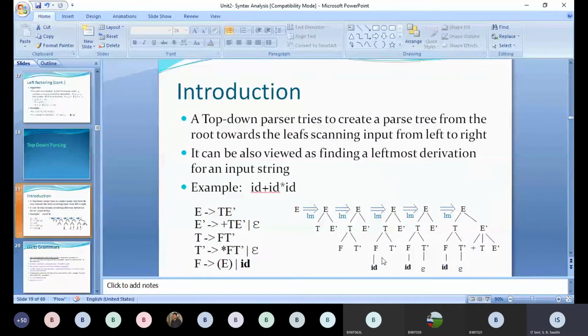Suppose you are reading ID. ID will be our current symbol. Then what is the look-ahead of that? The look-ahead will be plus, the next symbol which has to be read. The compiler has not stored that one in memory yet. When it is reading ID, we will have a pointer pointing to the next symbol. When the compiler completes reading and storing the current symbol, then only will it go to the next symbol. So when the compiler is working on the present symbol, the next symbol after it is called the look-ahead symbol.